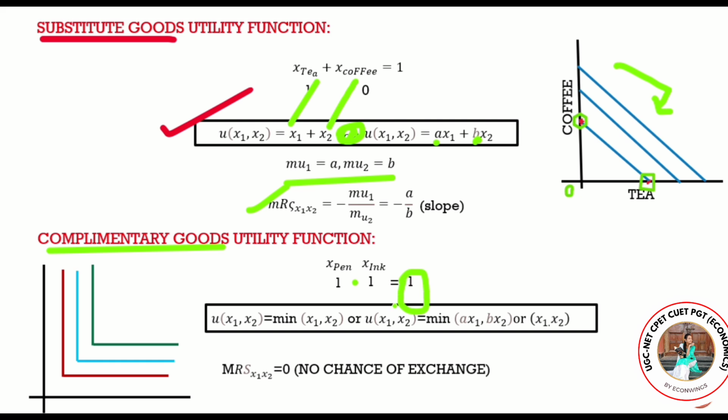But in case of substitute goods, we just add them. So in case of substitutes, we add the utility from tea and the utility from coffee. But in case of complementary goods, we multiply the utility from pen and the utility from ink. Here we take one bundle of pen and one bottle of ink, and then we produce one bundle of